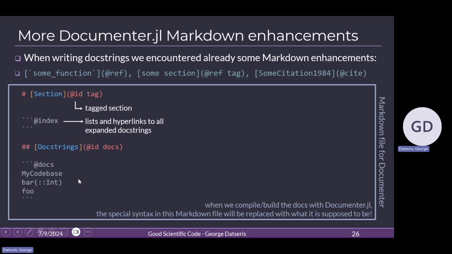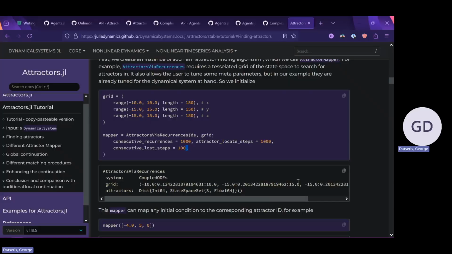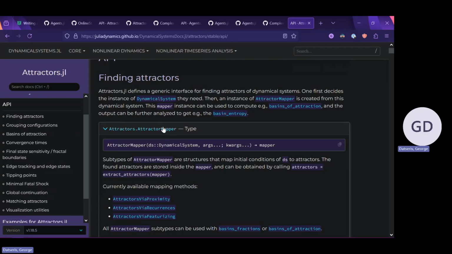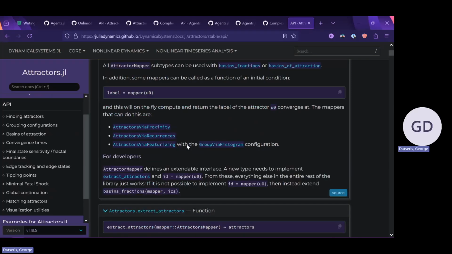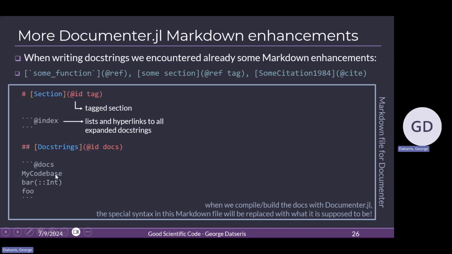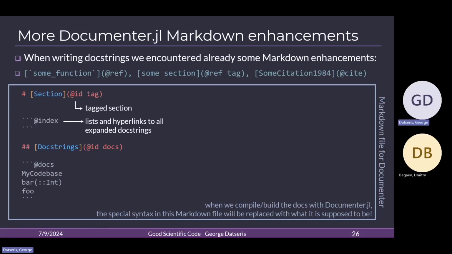Another section over here, and this is, I would say, perhaps the most important block of Documenter, the @docs block. In this block, you simply write the documentation strings or the function names from which you want to extract the documentation strings into the docs. So to show this, just to make sure you understand what I mean, this is a documentation string of this type called tractor mapper. And the way I added this here, I didn't write this. I literally wrote @docs, tractor mapper, and then closed backticks. And Documenter automatically extracted the actual documentation string.